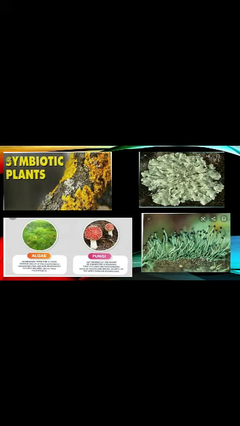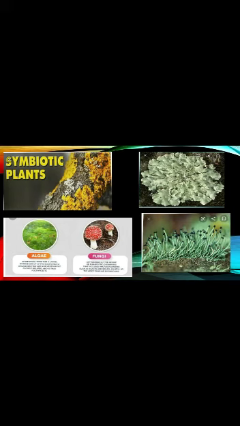It means, students, two or more than two different types of plants are living together to fulfill their needs of nutrition also. They protect themselves also with the help of other plants. They are supporting those plants also. In this way they help each other, and this type of nutrition is called symbiotic nutrition.